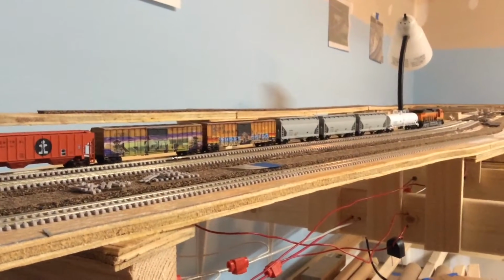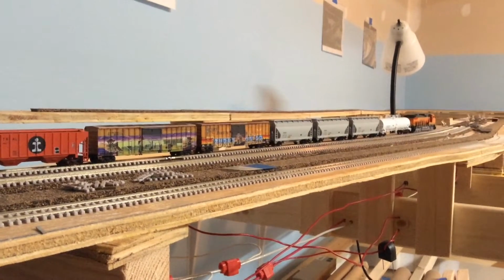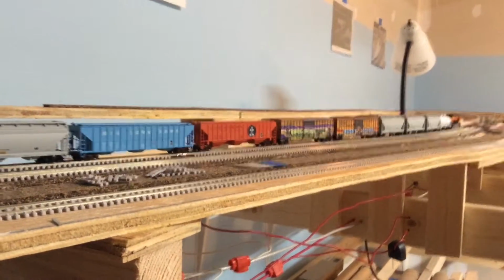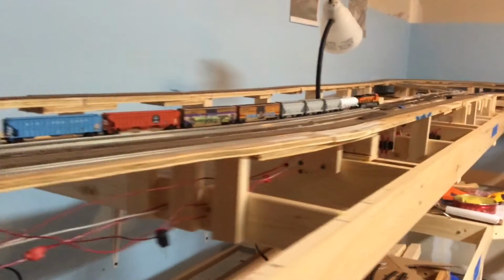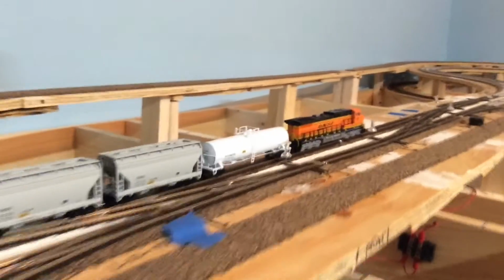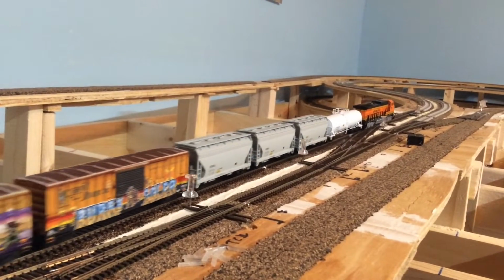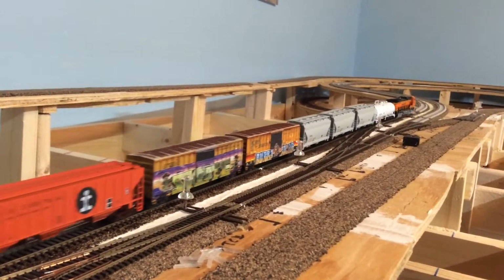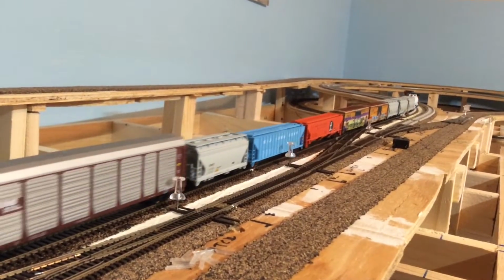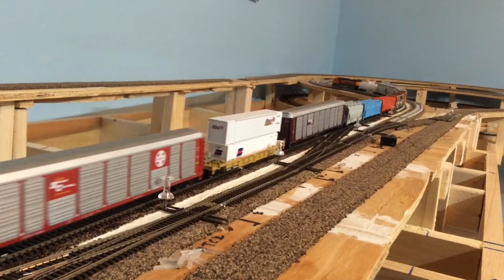Alright, this is BNSF 727 with a short manifest, making its way up main 1 on the Cajon Pass. And I don't have the turnout controllers or switch machines or servos installed yet. I've got holes drilled for them, but I haven't put them in just yet. I have some tortoise switch machines, but